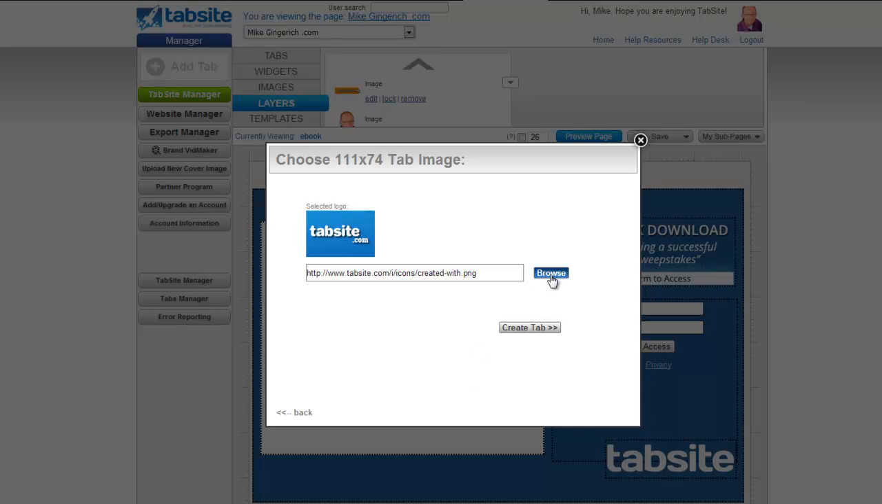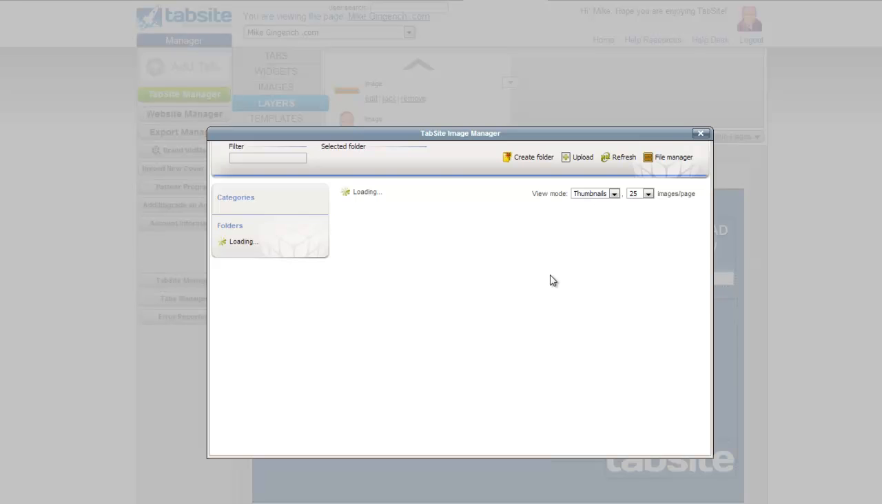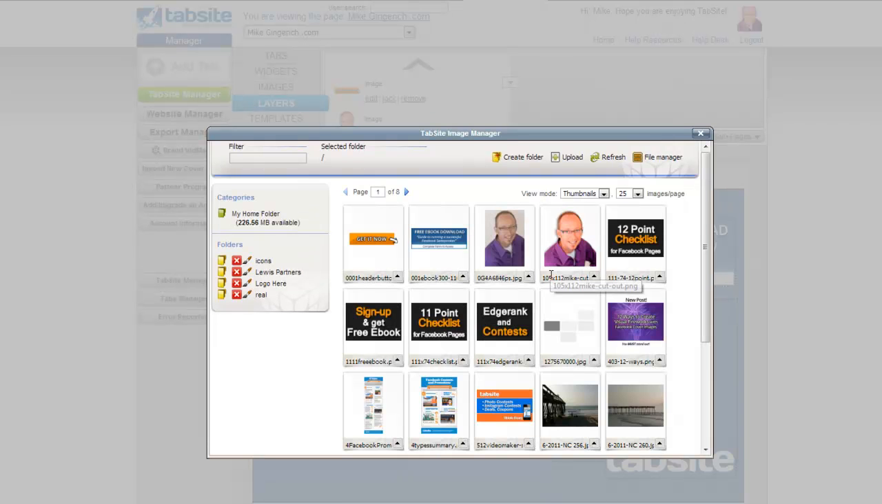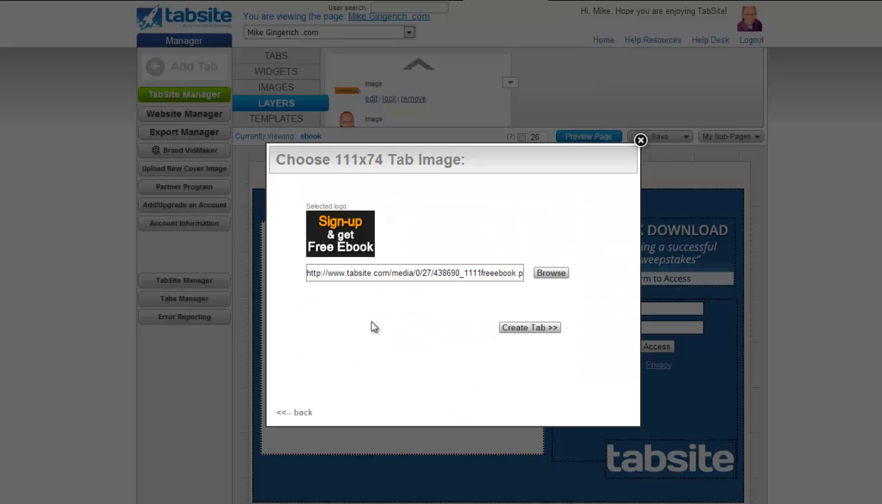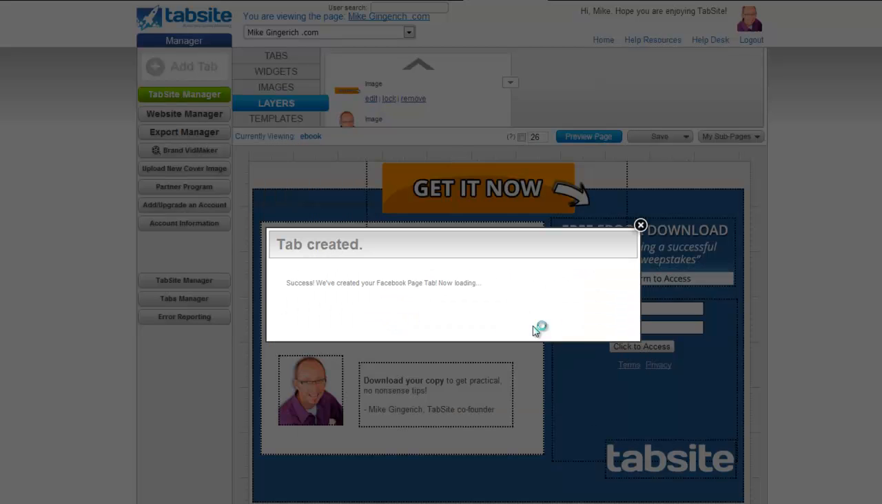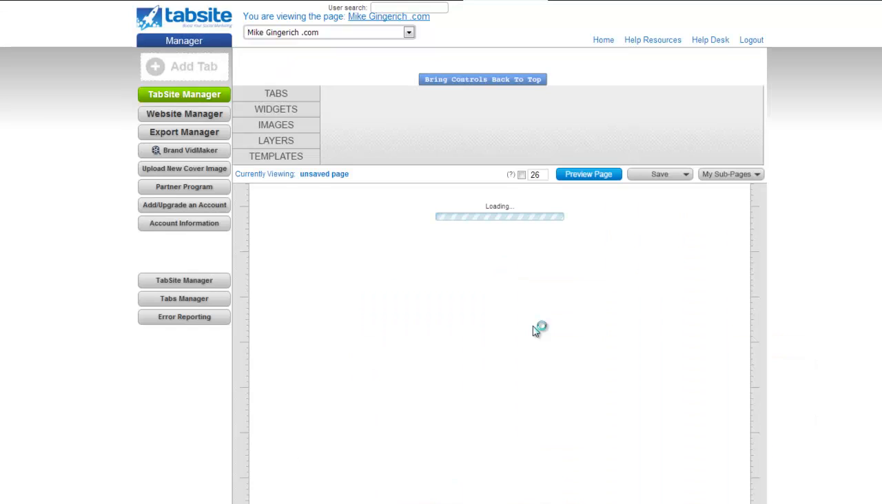It's going to tell you what the current logo image is on a new tab, and if you click to browse, you can go into any images that you've already uploaded in the tab site manager, or you could upload a new one right now by clicking the upload button. But let's just say I'm going to use this sign up and get a free ebook that I've already created and used previously. So at this point in time, I'm creating the tab,